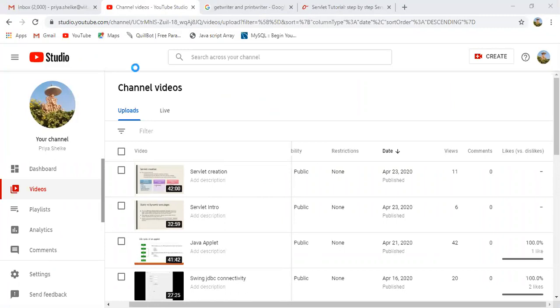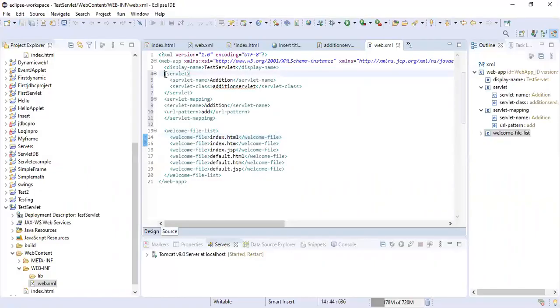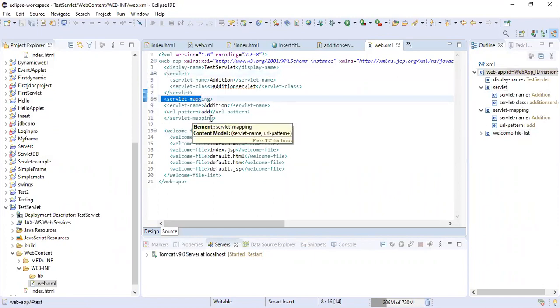For that purpose, in the web.xml file, we have to write down two important tags: the servlet tag, and second, the servlet mapping tag. In the servlet tag, there are two subtags: servlet name and servlet class. For servlet name, give anything you want, and for servlet class, the class name.